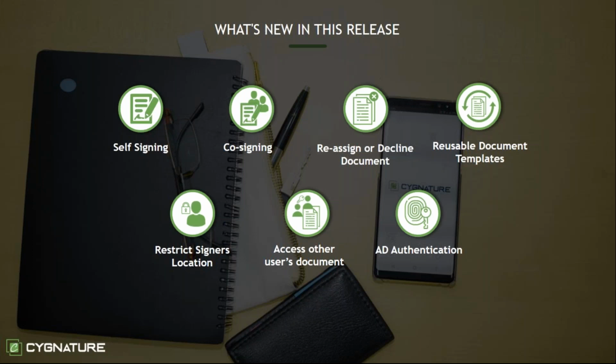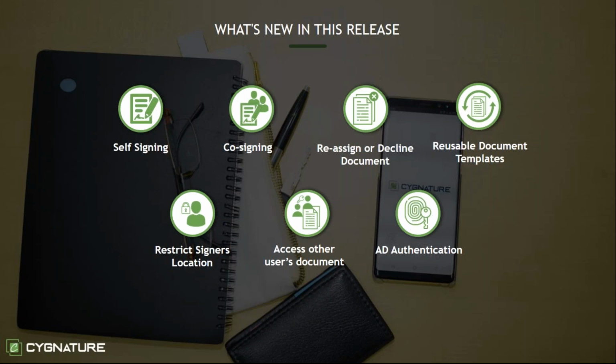The next we have is co-signing, where if I'm sending a document to, let's say, 2 signers, and they both are going to sign the document. So what happens is one signer can just log in and the other can sign the document from his account, the signer one's account. So he just has to go through an OTP process where he gets an OTP on his mobile number, he puts in that and he can sign the document.